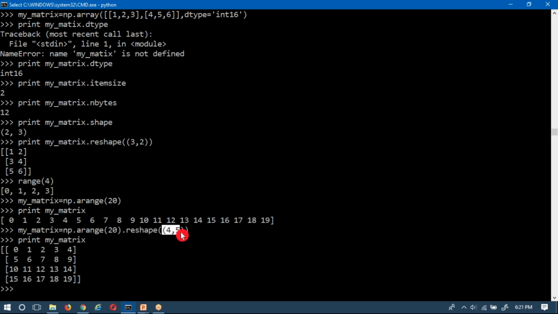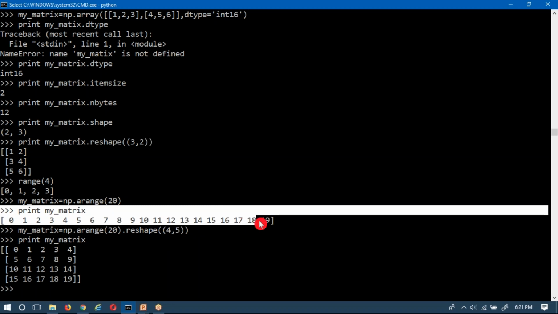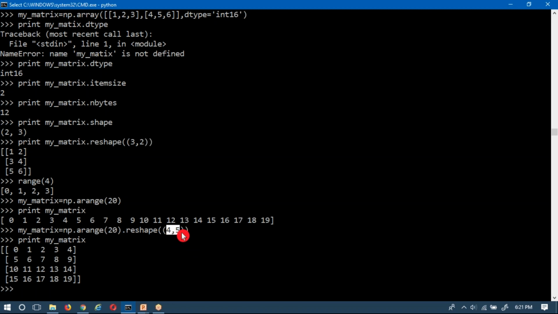While selecting this order, 4 comma 5 means 4 into 5, which is 20. That multiplication must be equal to the number of items you have in your matrix. So while selecting this order, you have to take care.